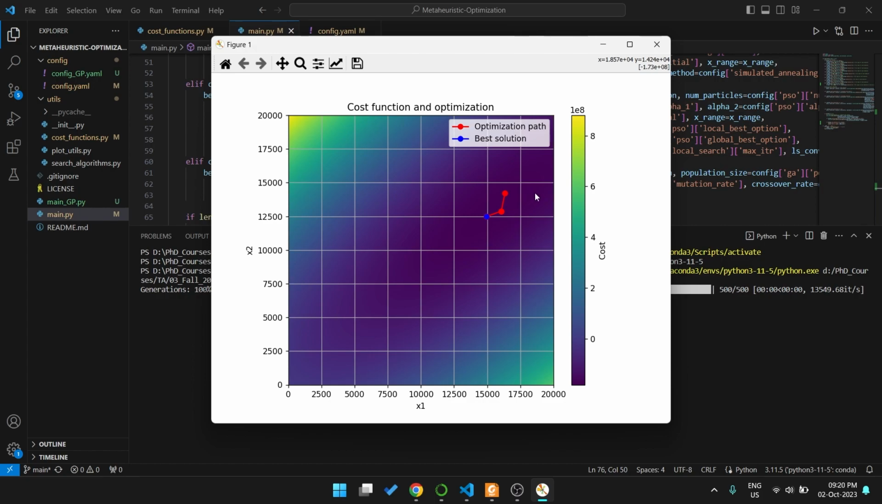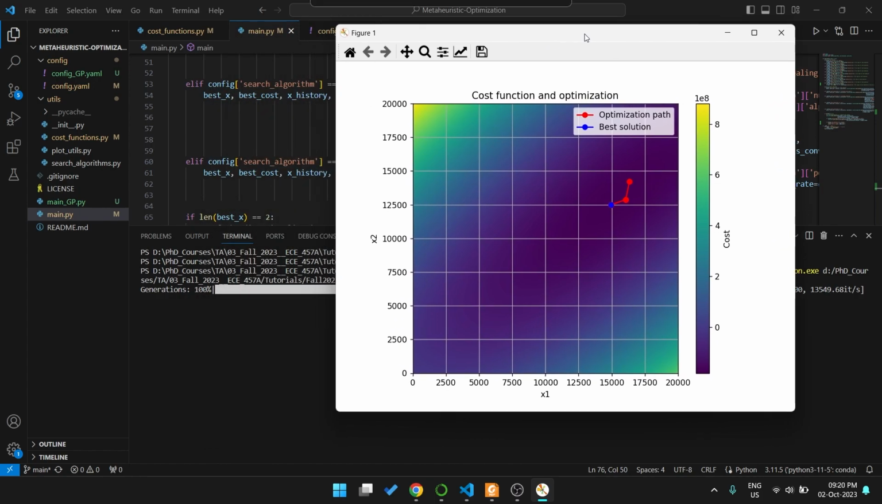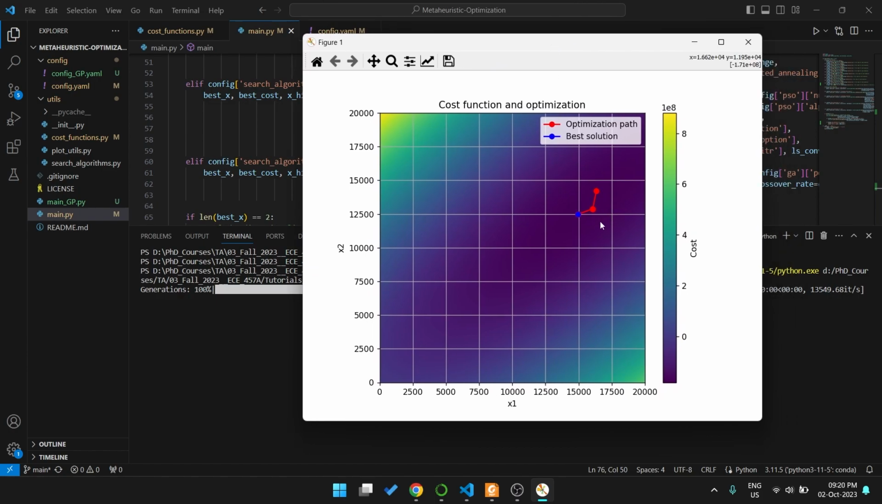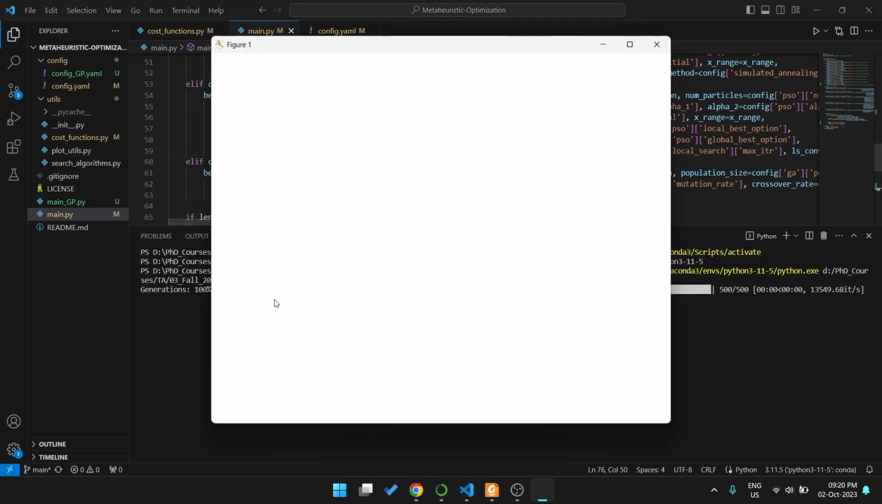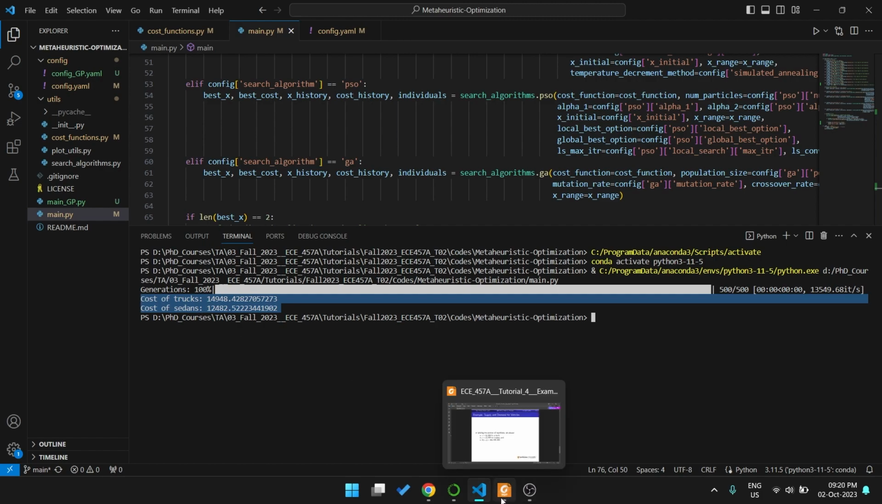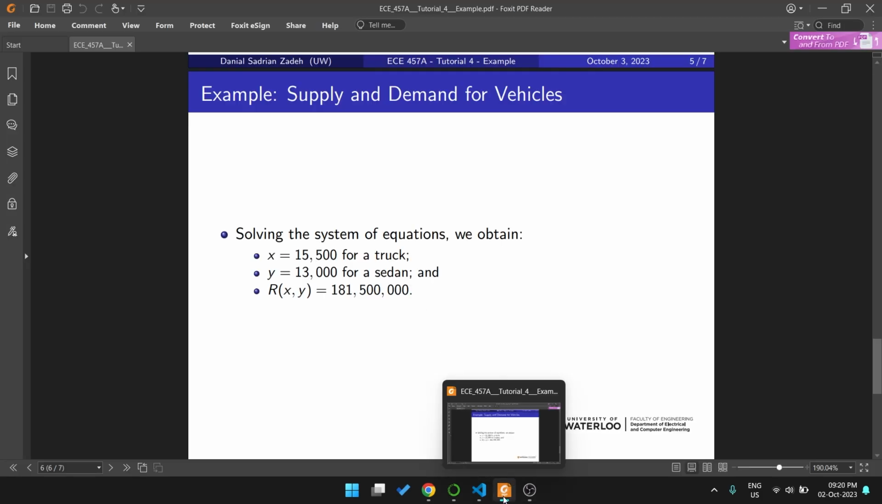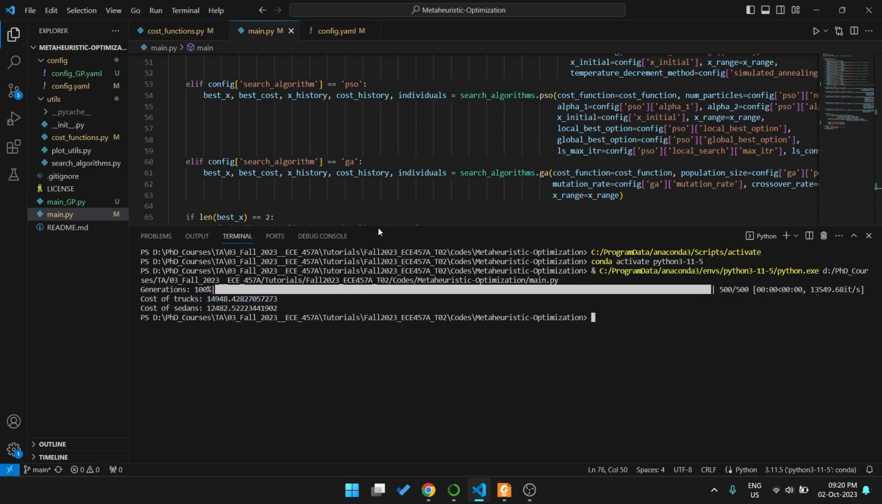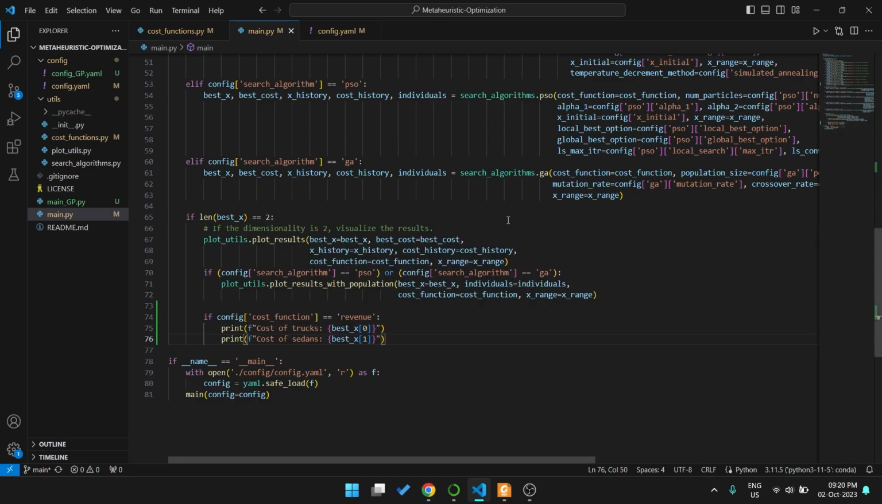I think it actually did a great job compared with the previous algorithms. Yes, so these values are very close to the ones that we're looking for, like 15,500 and 30,000. So we can say that genetic algorithm performed way better than the previous algorithms. Okay, this is from this example, and now let's move on to,